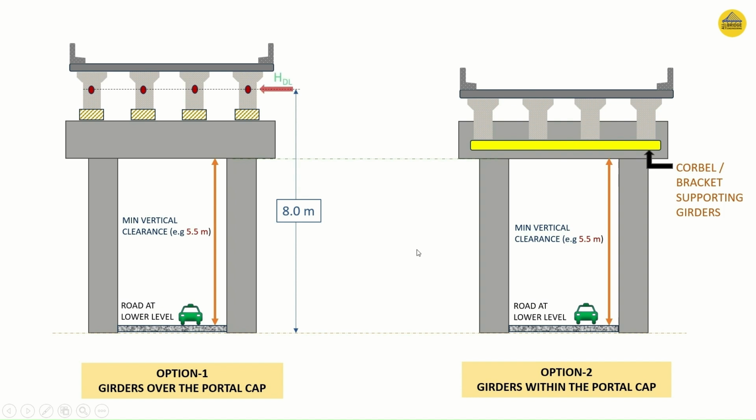Now, why is this important? Because all horizontal forces acting on the superstructure will act through this red point, and typically the horizontal forces on superstructure are wind in transverse direction, wind in longitudinal direction, seismic forces in transverse and in longitudinal direction. Not only